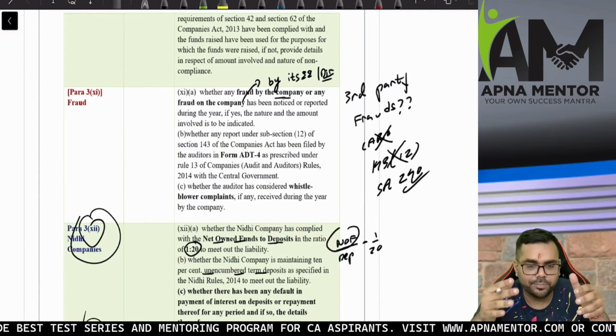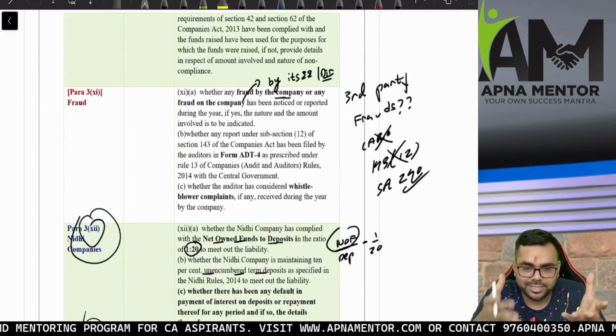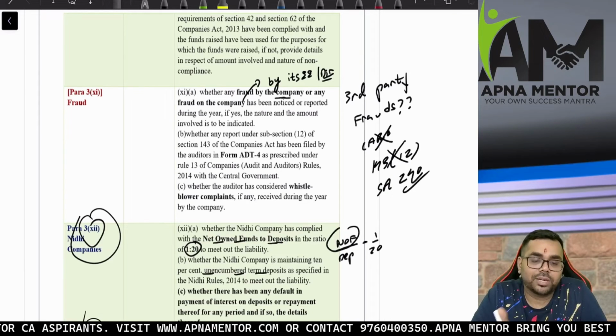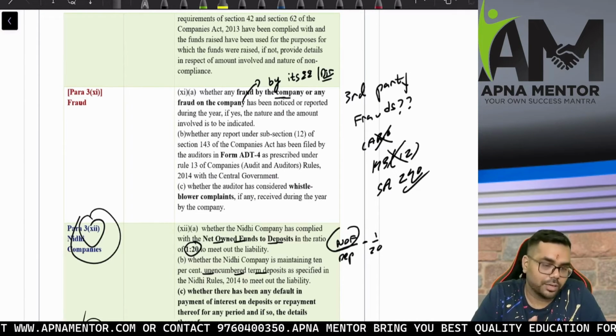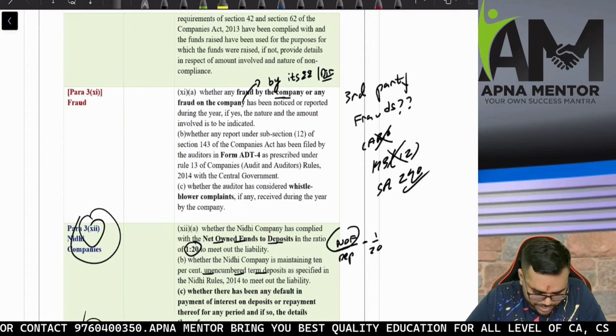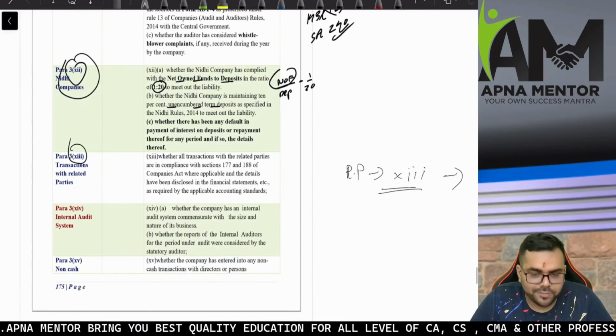The insiders of the company who reveal certain information about the company help us in catching frauds or things like that. So as an auditor, I need to consider the whistleblower complaints at least. I need to accordingly perform my audit procedures. I cannot simply ignore it. So as an auditor, I need to report whether the auditor has considered whistleblower complaints, if any, received during the year. Now do remember clause number 12, clause number 16.